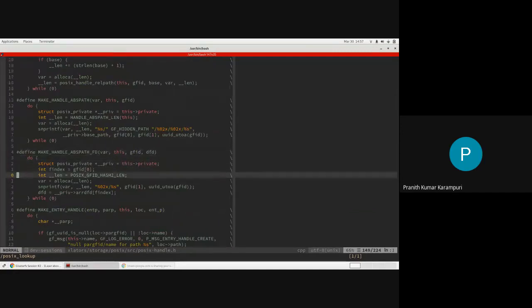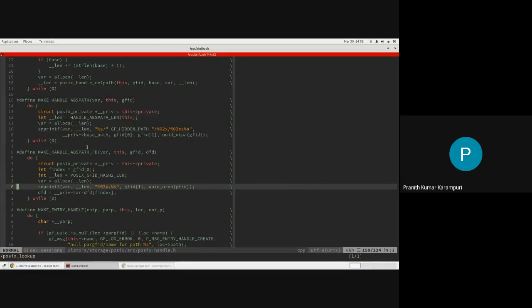Which basically gets .glusterfs/ the GFID, the first 2 hex digits, second 2 hex digits, and the other one. But there was a recent performance improvement to do that a little bit better, where you can refer to it via directory fd/ the rest of the path. But before this was done, this is how it was.